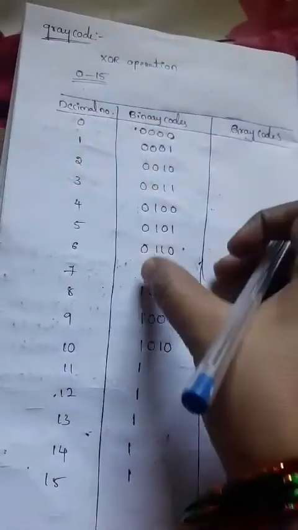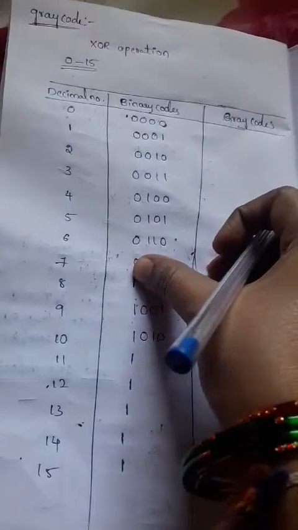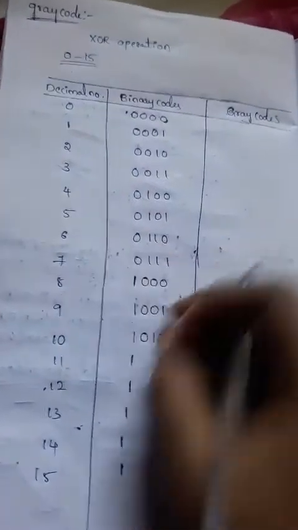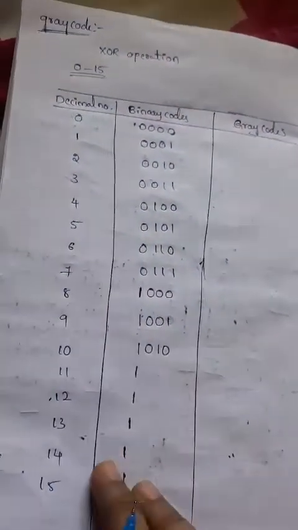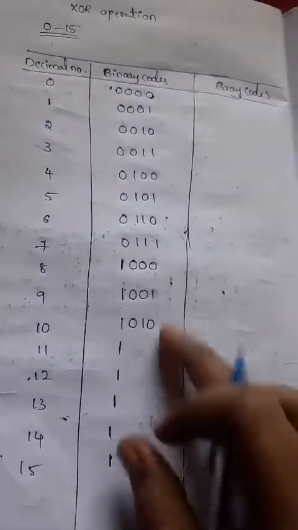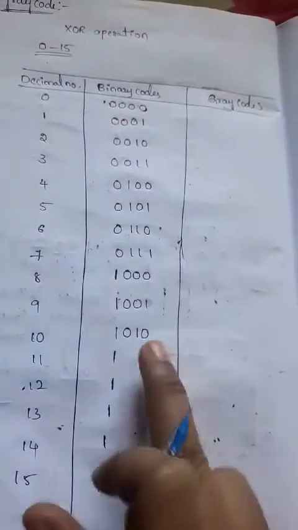So from 0 to 7 we write 0 as the first bit, that is the MSB, and for 8 to 15 we choose 1. After that, whatever we write for the 0 to 7 numbers in binary 3-digit code, that same representation is used in 8 to 15 also. That's why I can copy these values: triple zero for 8, and for 9 the 3-digit code is nothing but 0 0 1.